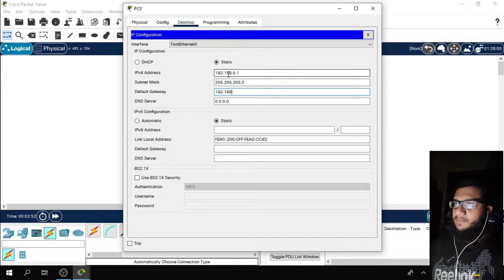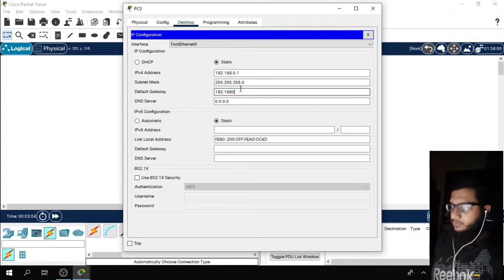The default gateway will be the same as the IP I assigned on the interface gigabit 0/0, that is 192.168.0.100.